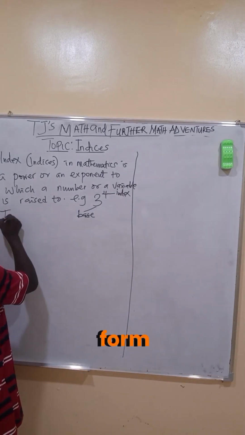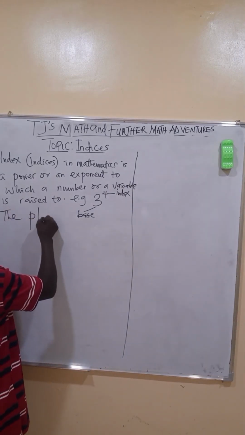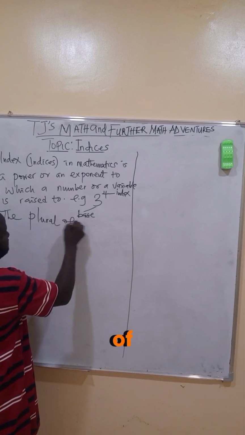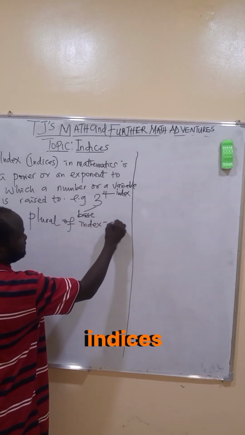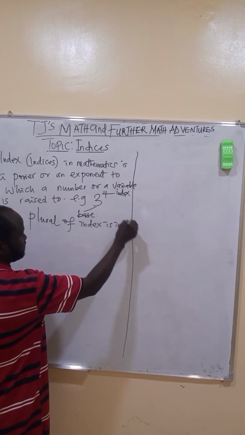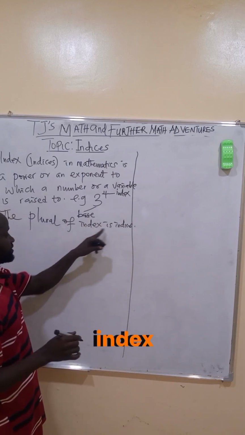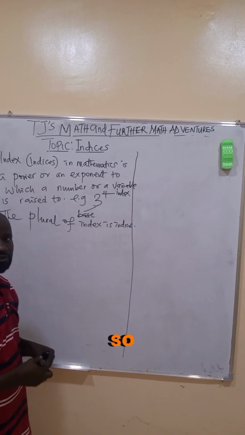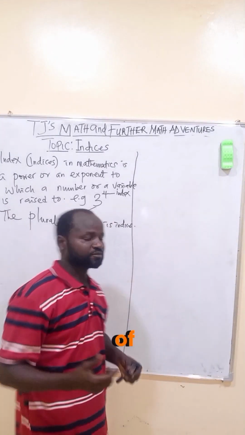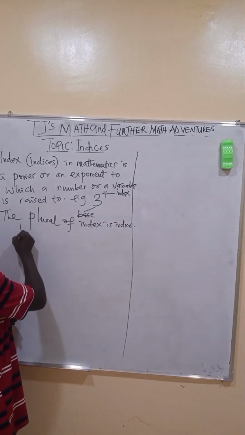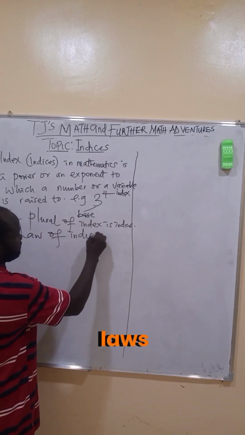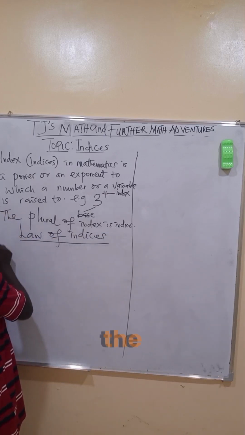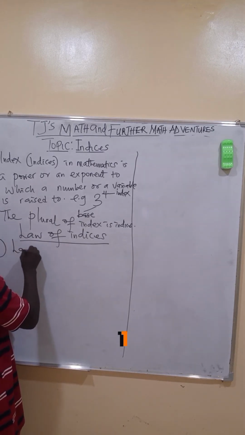The plural form of index is indices. So let's look at laws of indices. The first law of indices, that's law 1,